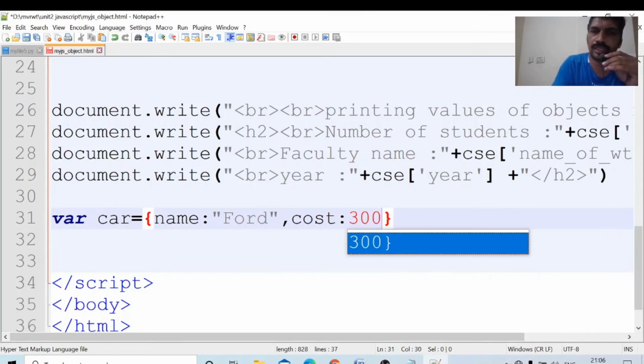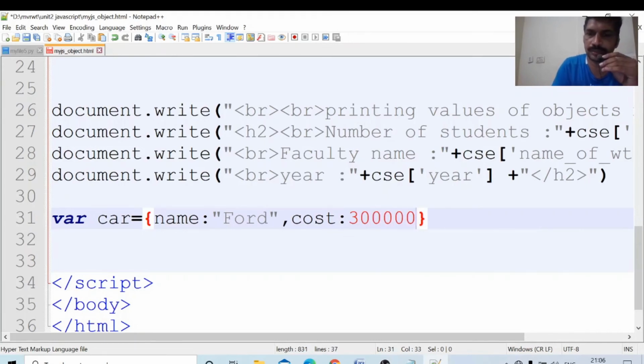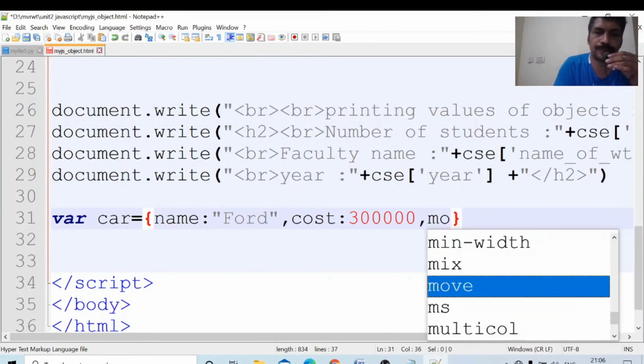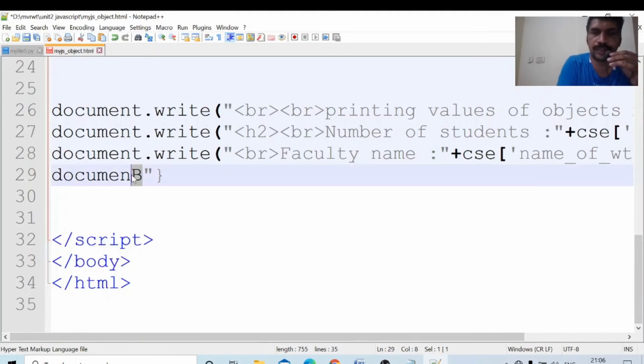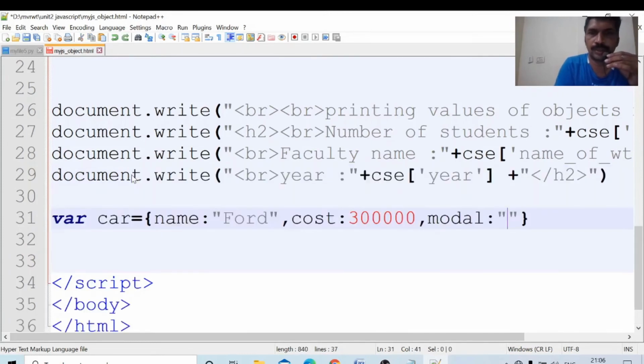Okay, these name value pairs are separated using a comma. Okay, cost, colon, cost is 300,000, 3 lakhs. Okay, model, which model?